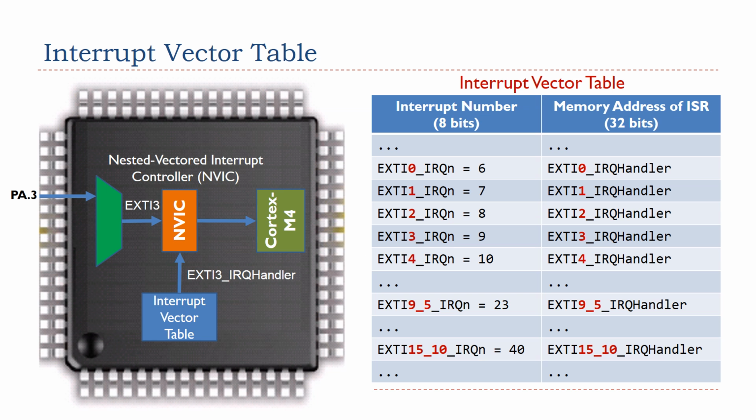The concept of interrupt vector table has been presented in the previous lecture. There are 5 dedicated interrupt handlers for the first 5 external interrupts, including external interrupt 0, external interrupt 1, external interrupt 2, external interrupt 3, and external interrupt 4. For example, pin PA3 can be mapped to external interrupt 3, and its corresponding interrupt handler is